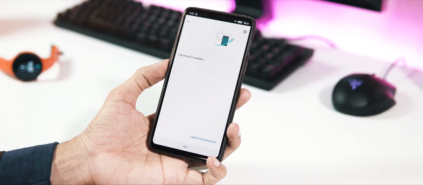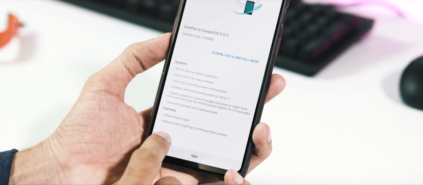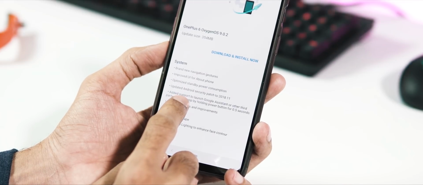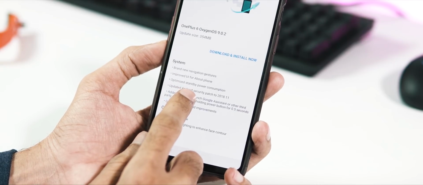OnePlus started rolling out another update for OnePlus 6 and this time it's for the stable channel. So basically this update is nothing but the compilation of all the features from Open Beta 3 to Open Beta 6, and if you check the update changelog, the new OS version is 9.0.2, update size is 354 MB,